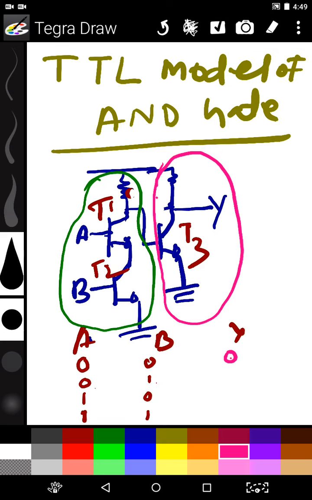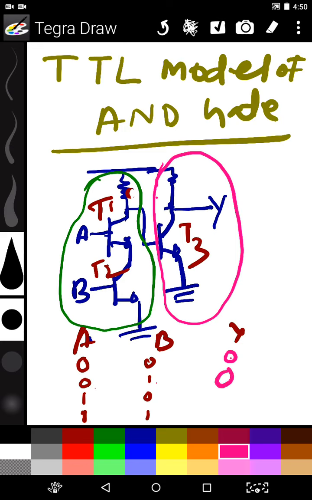But there will be no closed circuit to the collector terminal of the first stage. So some output is obtained from the first stage and given to T3, which makes T3 saturated, or on. That means the Y terminal will be grounded, so the output will be